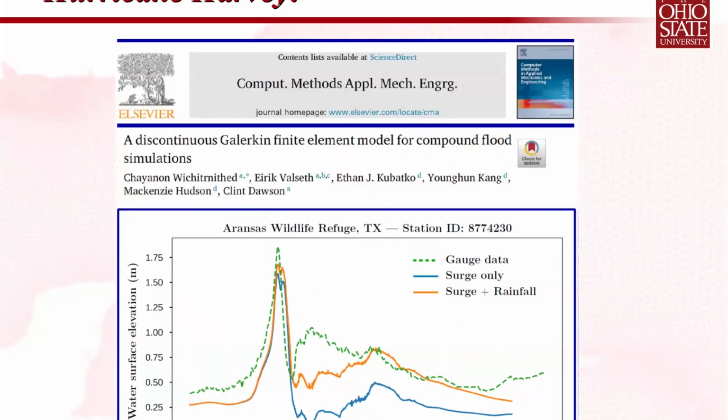On this plot, this is water surface elevation over a period of days when the storm made landfall. There are three lines on this plot. The green line shows the gauge data that was recorded. The blue line shows what we simulated with surge only in our model, and you can see that there's quite a gap between the surface elevations in that case. But if we also include the rainfall effects, then we get much better results. There's still some area here that we need to investigate, but in general, you can see that including the rainfall really improves the results.